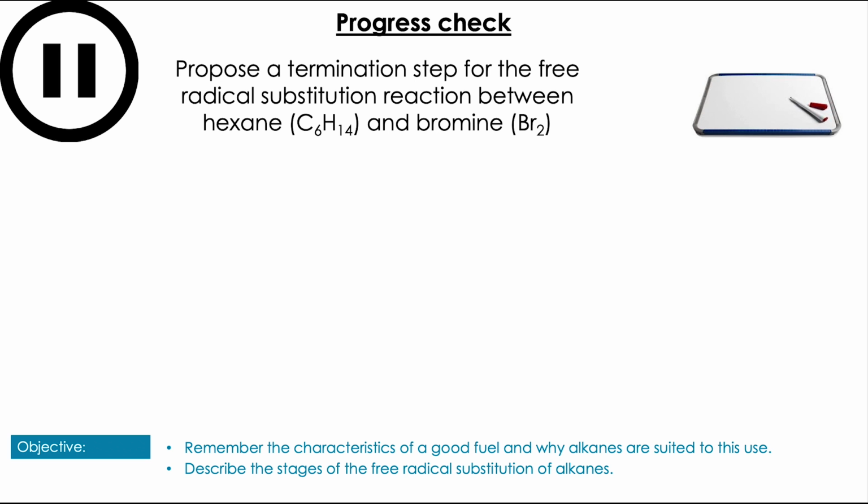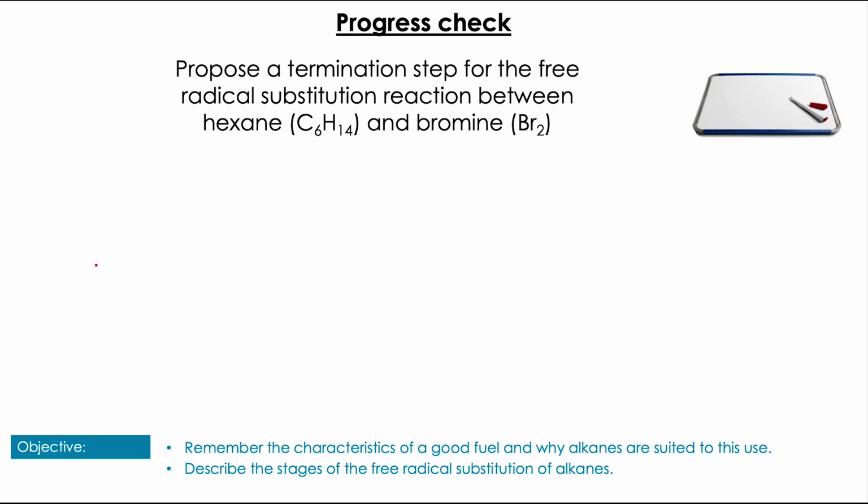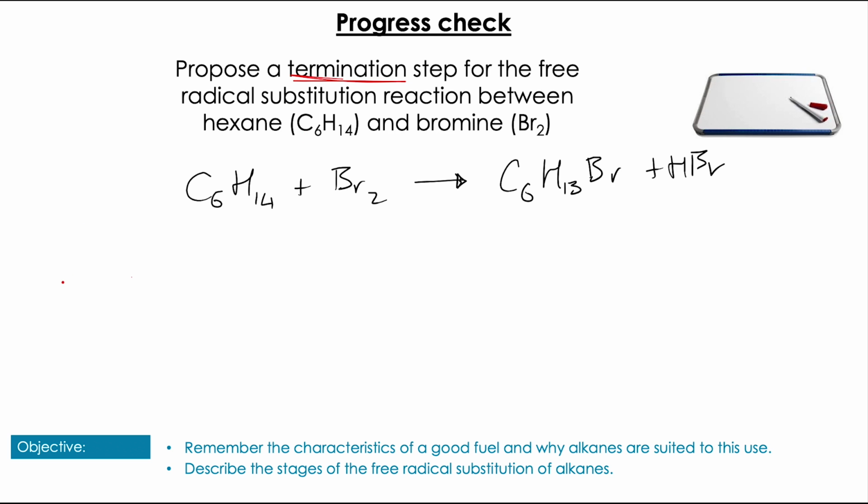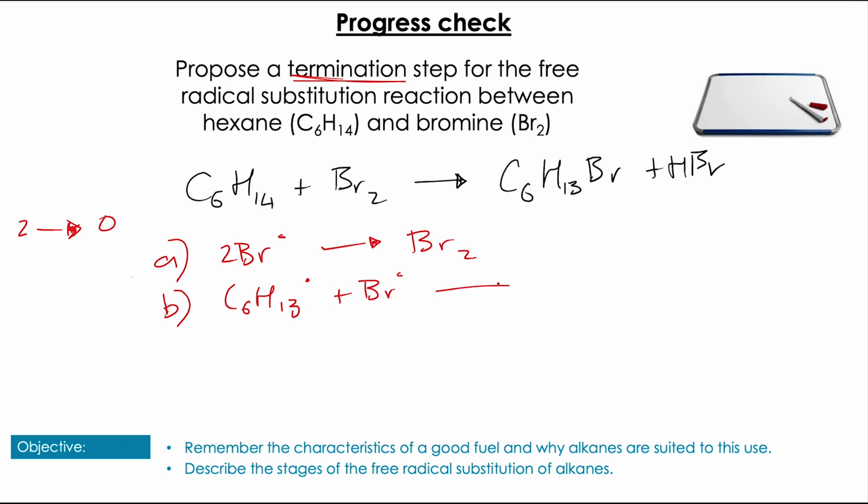Pop 'em up! Once again, if we put the overall equation in, you had 3 options here. Remember, we're always going from 2 radicals to none. So we can have the very simple, almost anti-initiation step of the bromine radicals reacting with each other. We can also have the C6H13 radical reacting with the bromine radical to form the bromohexane product. And we can have 2 C6H13 radicals reacting together to form